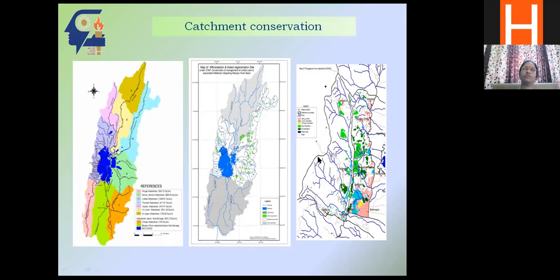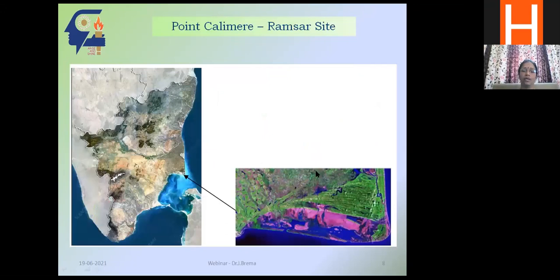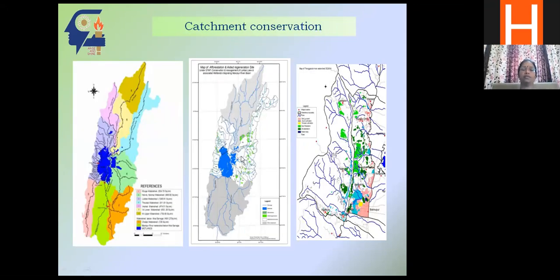Around 10,560 hectares were identified and afforested using this method. By means of that, we could reduce the siltation. And again, we studied the water quality in this lake at some 14 locations, and spatial mapping was done. Of course, this is not directly based on remote sensing, so I'm not showing that. Later we did a study on water quality and remote sensing. So this is one of the ecosystem studies I wanted to explain.